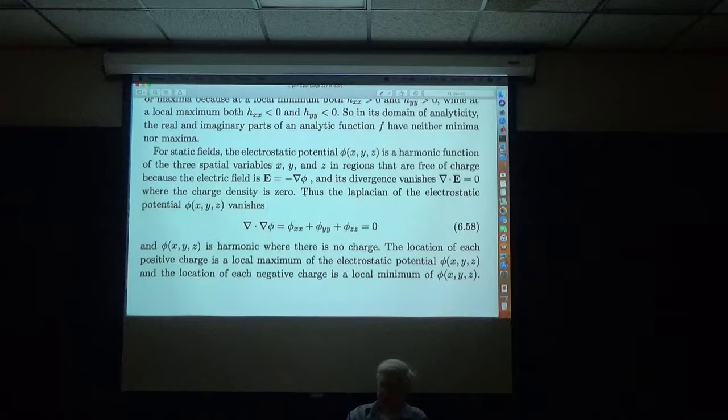And it turns out that the electrostatic potential, and we're considering time-independent phenomena here, is a harmonic function of 3 variables, x, y, and z, because Gauss's law says that the divergence of E is 0 in regions where the charge density is 0, and E itself is minus the gradient of phi, so these two combined together say that the Laplacian of phi is 0, and so the electrostatic potential in a charge-free region is harmonic, and